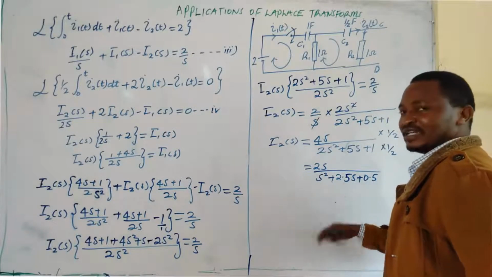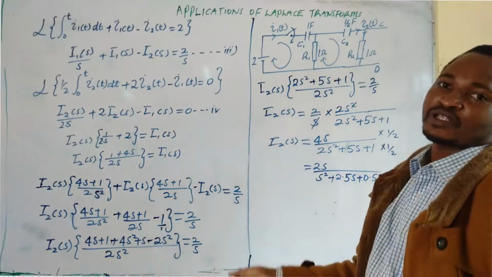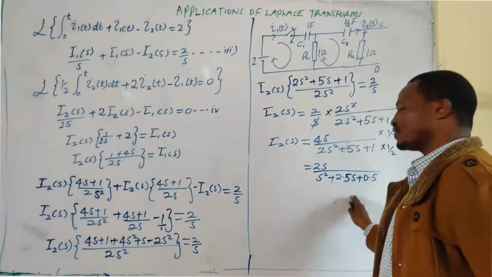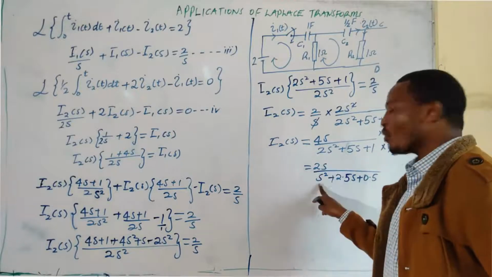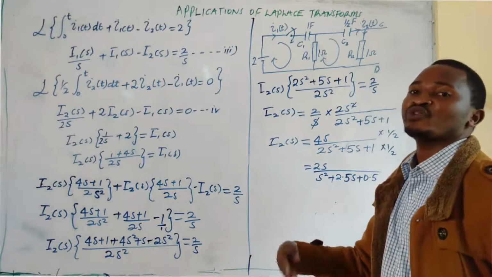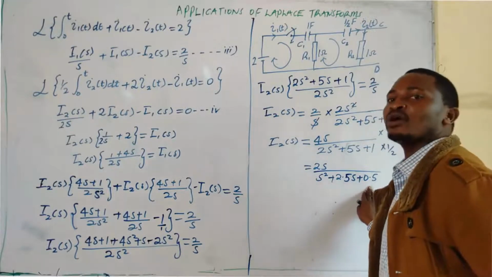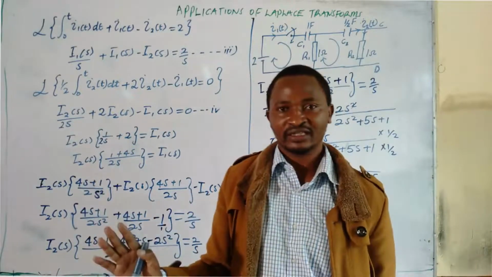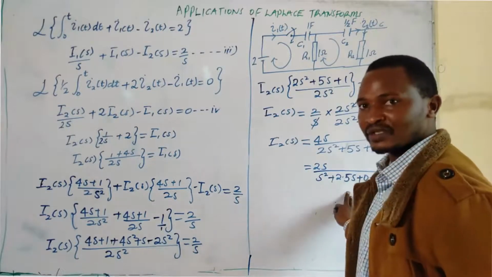Now we are able to get the inverse Laplace transform. But always when you are trying to get the inverse Laplace transform, check whether it is possible to factor out and get whole numbers. It's not possible. The fact that you have decimals here, it is obvious it is not possible to factor out. And since we only have one irreducible quadratic factor, we cannot go ahead and start using partial fractions. You only use partial fractions when you have more than one term on the denominator. But here we have a single irreducible quadratic factor. So we now have to look for other crafty ways to get the inverse Laplace transform.